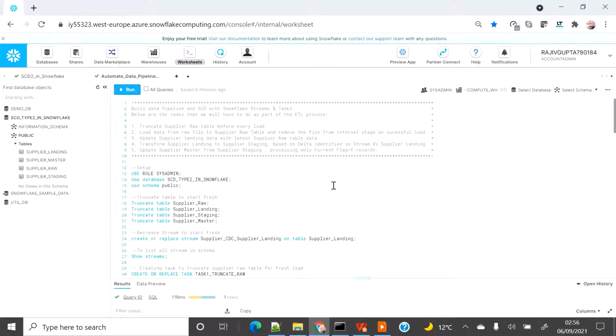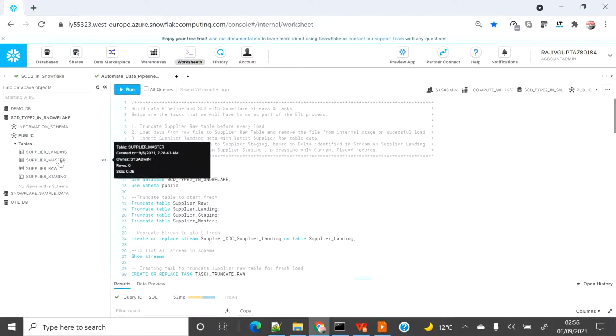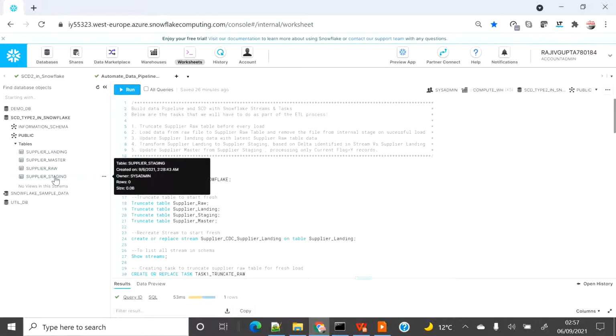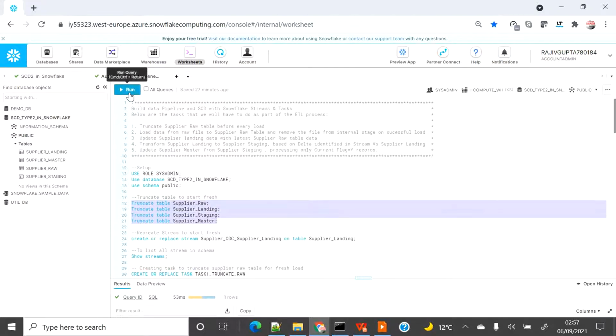In this demo, this is lab 2, where we are going to reuse the existing SCD type 2 Snowflake database which we created as part of lab 1. On the left hand side, we already have the supplier landing table, supplier masters, supplier raw and supplier staging. As we have already used these in lab 1, I wanted to start fresh, so I'm going to truncate all the tables so that we don't have any data.